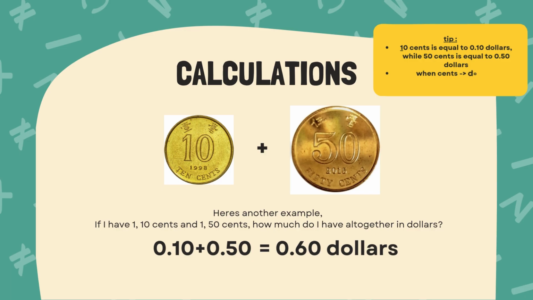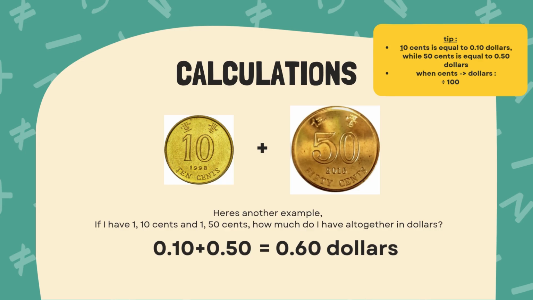If I have 1 10-cent and 1 50-cent, how much would I have altogether in dollars? First of all, we have to convert cents into dollars. How do we do that? Well, it's very simple. We only need to divide the numerical value of cents by 100, then it will become dollars. 10 cents divided by 100 equals 0.10 dollars. And 50 cents divided by 100 equals